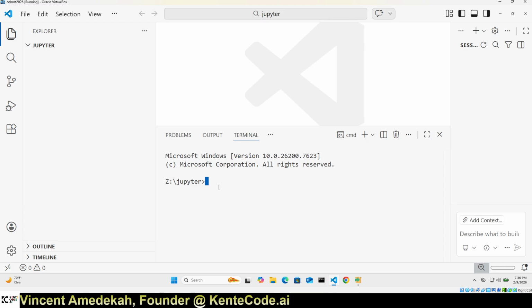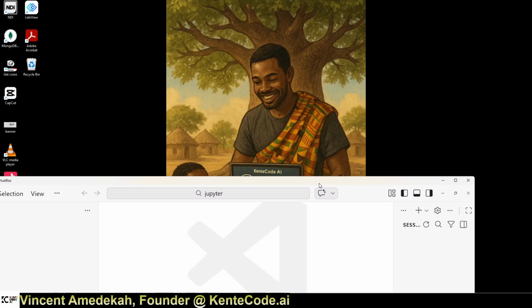Now in the command prompt, what I want to show you is something very special, because anytime you are installing Python libraries,